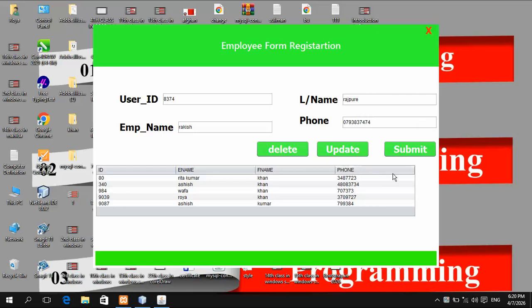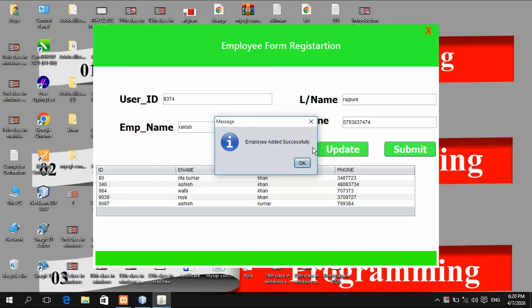Hello everyone. In this lesson we will discuss how to insert data from Java to database. For example, user ID is this, employee name Rakesh, last name is Rajpur, and the phone number is this. Click on submit button, and the message says employee added successfully. If you want to insert data,